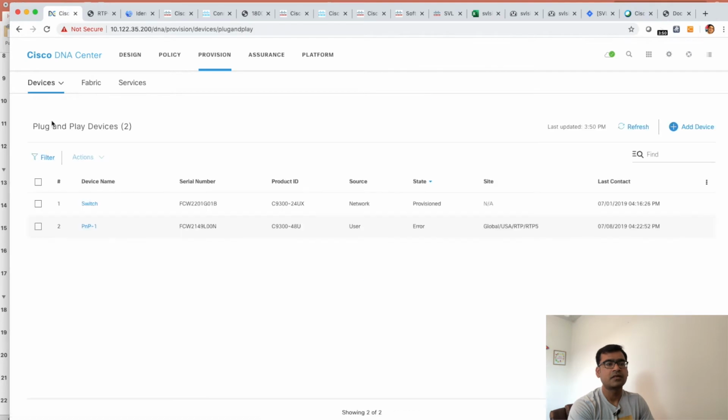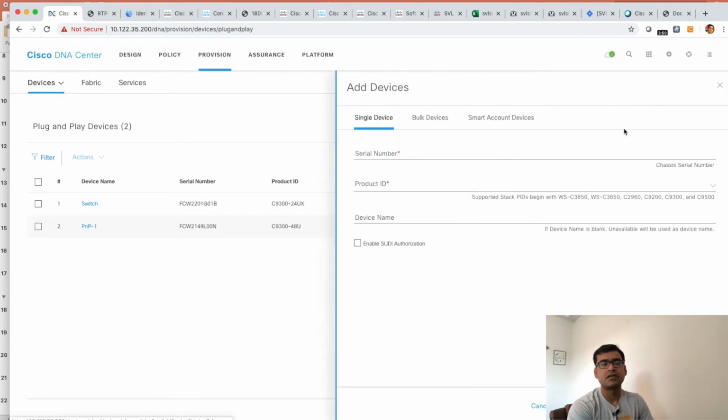So let's make a note of our profile, RTP-WLP1, and now go back to provision, plug and play. Under plug and play, I'm going to add device. I just have a single AP on that location, so you may think that I want to add it via like this,